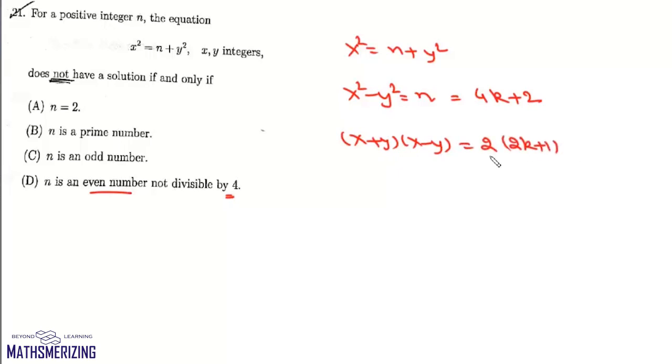(2k plus 1). Now this 2 can go to any one of x plus y or x minus y. Now in this case, one of them should be even and the other one should be odd. But we know that for x and y, x plus y and x minus y have the same parity. They can either be both even or both odd. So here we have a contradiction. So it is not possible to have n as some even number which is not divisible by 4,